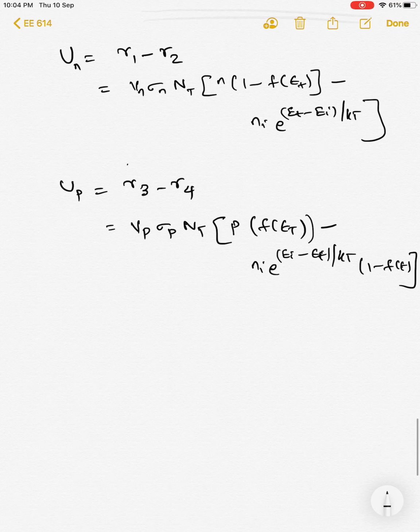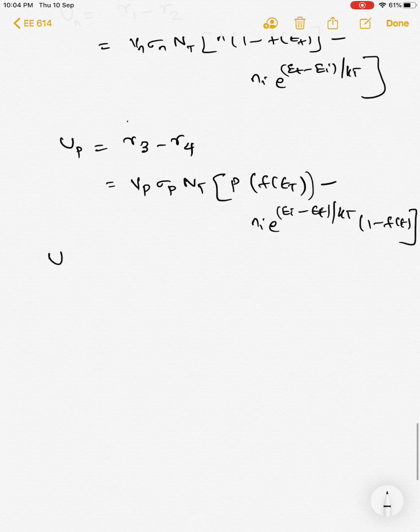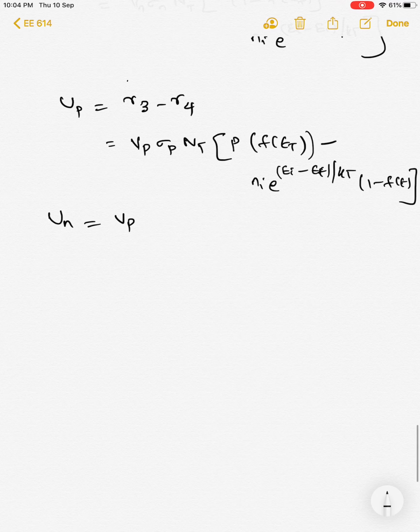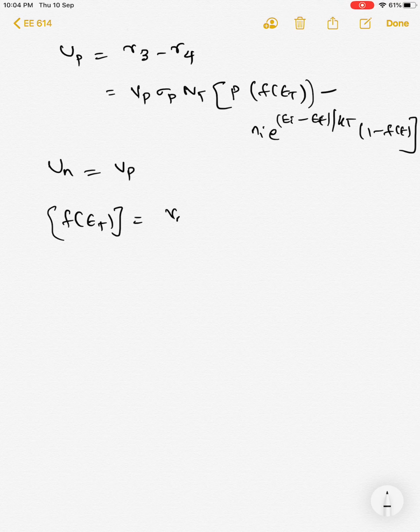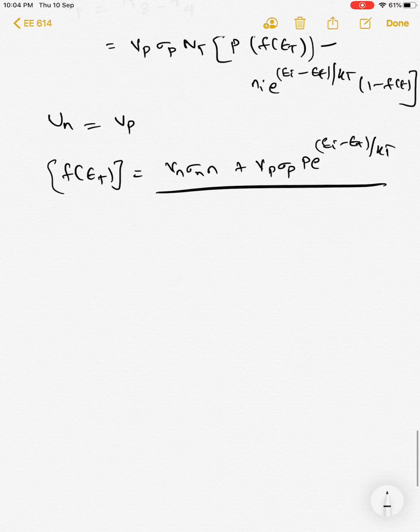Now at equilibrium, again you know that un is equal to up, and if you equate both of them, you can actually come up with an expression for f of e of t, which will come out to be Vn sigma n plus Vp sigma p e power ei minus et by kT divided by